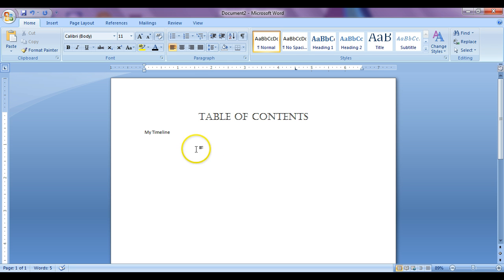The next thing that you want to do is you want to press the tab key on your keyboard like this, and you see it shows the dotted line. Don't put the page number yet, just leave it as is, and then you come into the next line, and then you type in your next assignment, which is my flyer, and then you again press the tab key like this, and it sets the tab for you. You keep on going till you get all